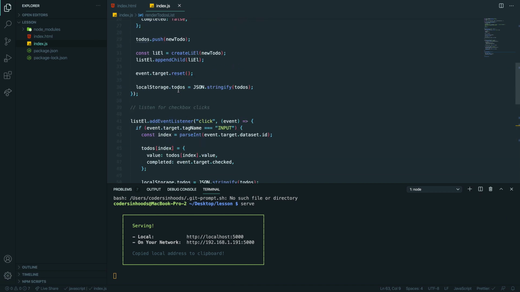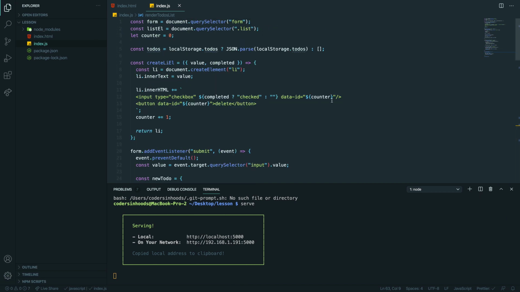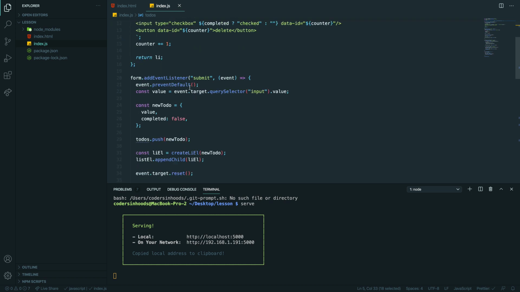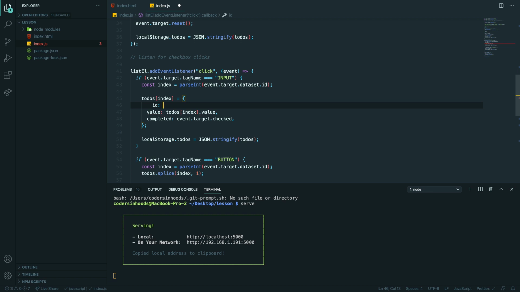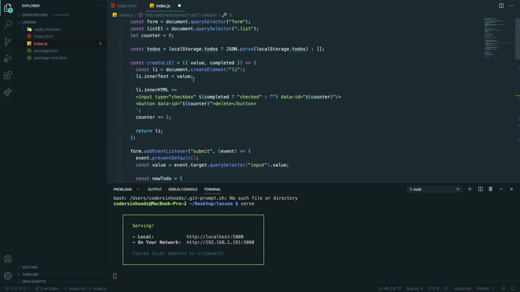Why is that? Right, because I know why. Because we're doing this here, right? So you need to find a way, you can store this counter in local storage, and every time you reload, you refetch this last index. Yeah. So every time you delete, it will refetch, and you might have an ID. So each object should have not just value and completed, but ID. This is what you normally have in a database. And here you will have your counter,